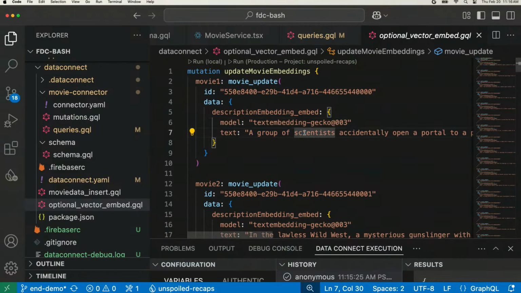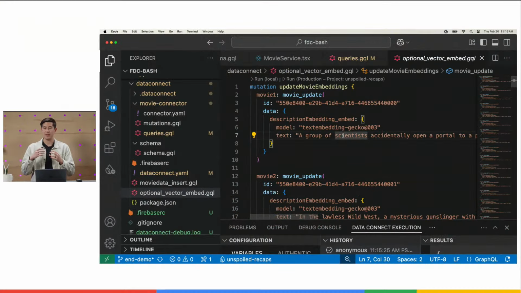And these sets of text are the descriptions for the movies that we have within our application. So once these embeddings are generated, we can then do vector searches with embeddings to look at this text to say, hey, does the LLM think that this text is related to what the user is requesting? And once they do that request, then we can get the relevant movies based on the user's request. And I'll show you what that looks like in just a second.